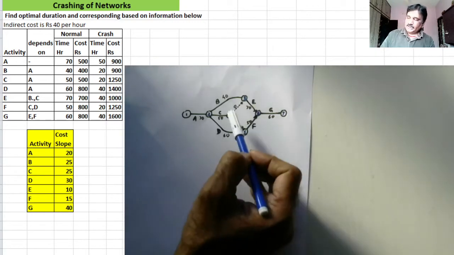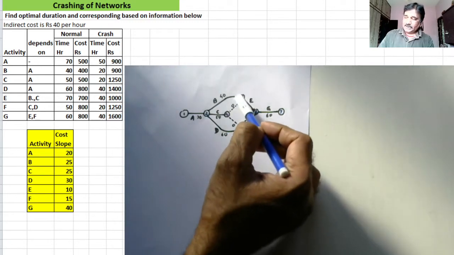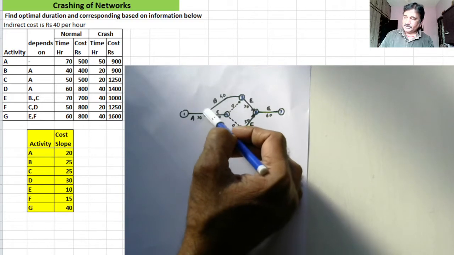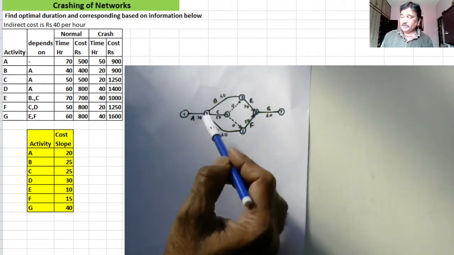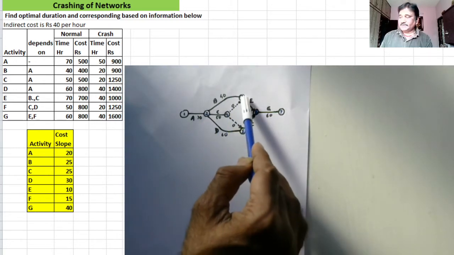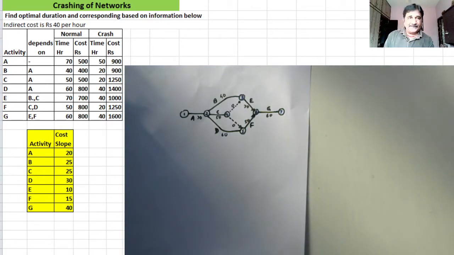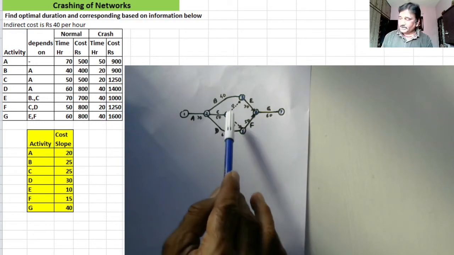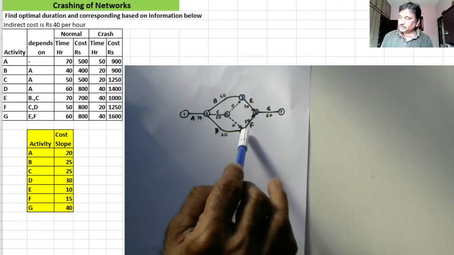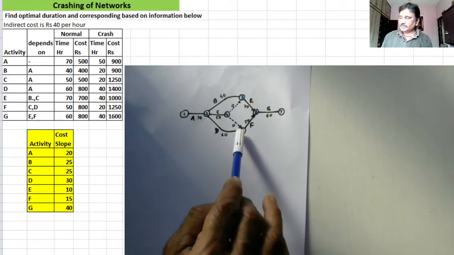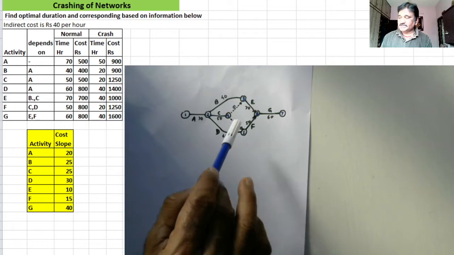That's why I completed activity C here, and then by a dummy activity I have managed the join of B with C, the dummy join of B with C. So activity E will start after completion of B and C, and now activity F starts after completion of C and D. For that, I'll be dropping the dummy activity from the end of C to the end of D, at this node. Now this node indicates completion of activities C and D.